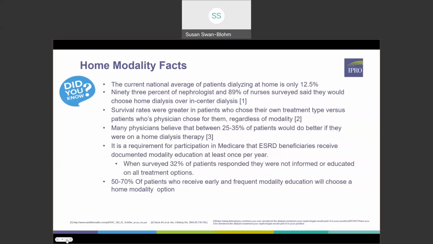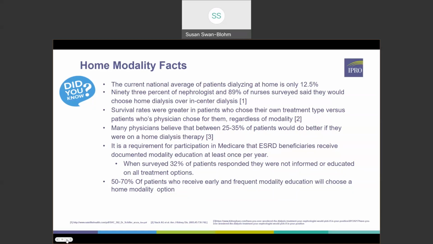Let's look at the facts. The current national average of patients dialyzing at home is only 12.5%. 93% of the nephrologists and 89% of the nurses surveyed said they would choose home dialysis over in-center dialysis. Survival rates are greater for patients who choose their own treatment type versus patients whose physicians choose for them, regardless of the modality selected. Many physicians believe that 25 to 35% of their patients would do better on a home